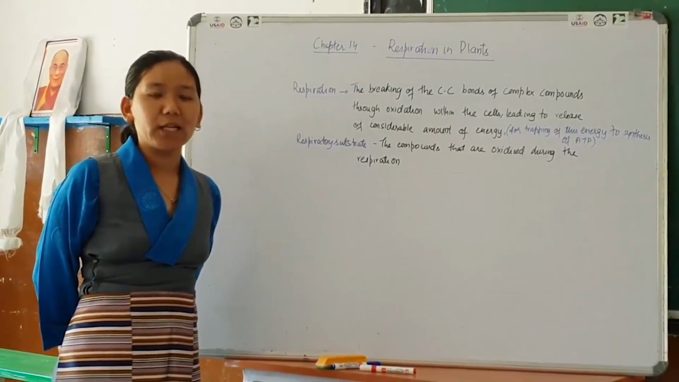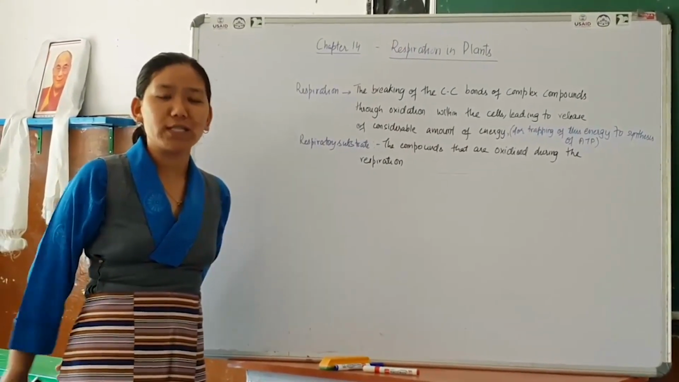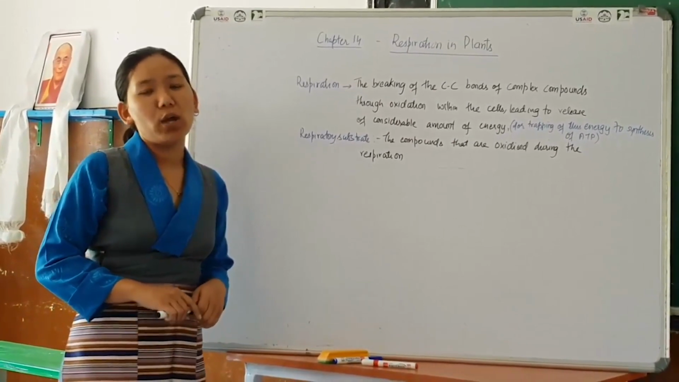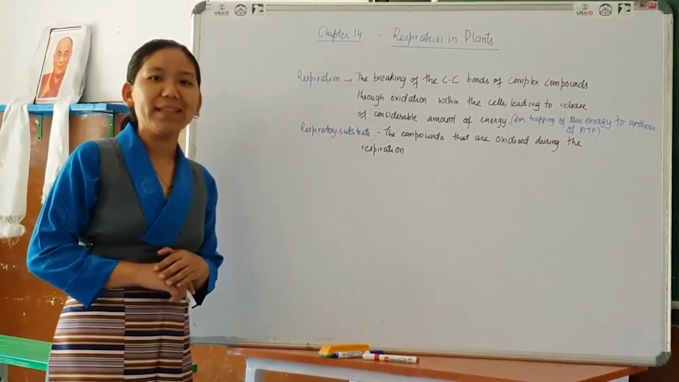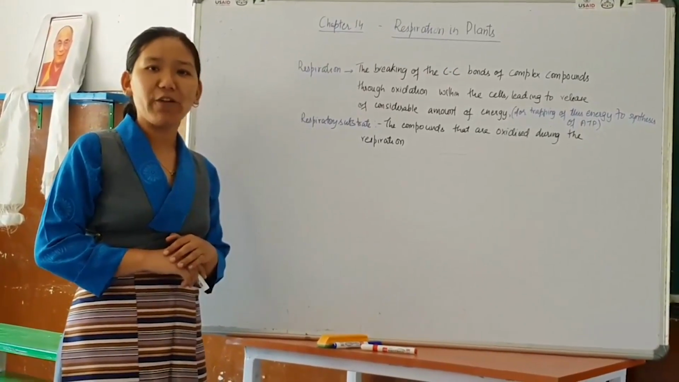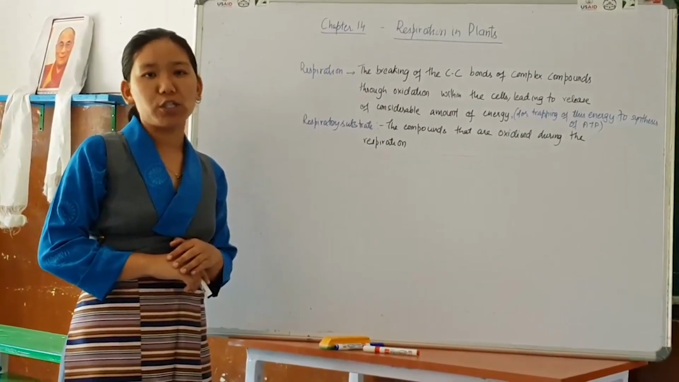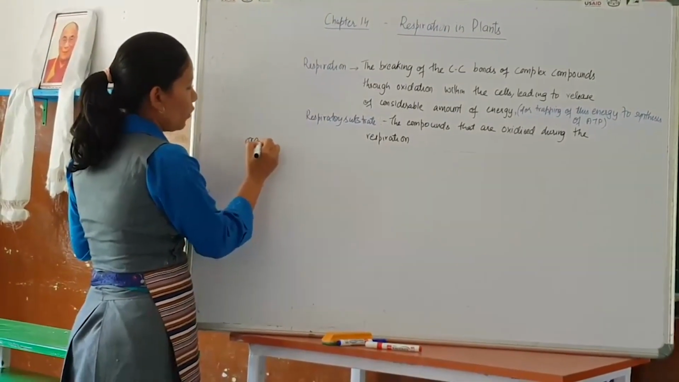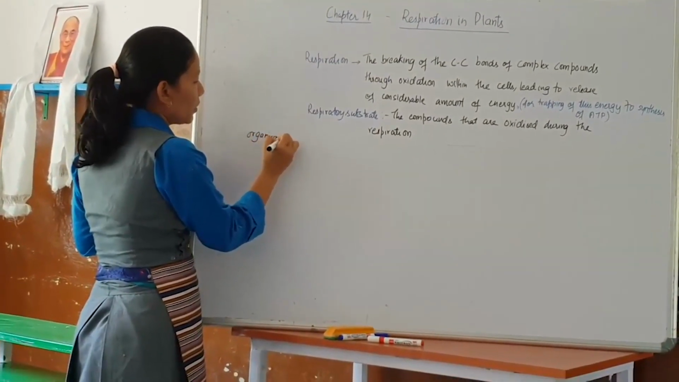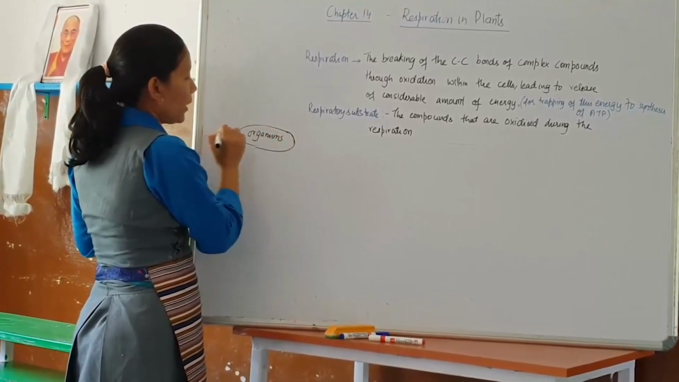And this plant gets the food by the process of photosynthesis. Now, we also know that all living organisms need energy, and we derive that energy by oxidation of food. So here, we all need energy,